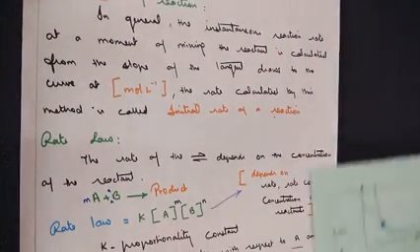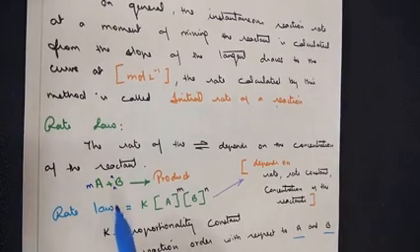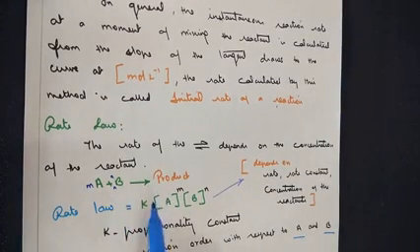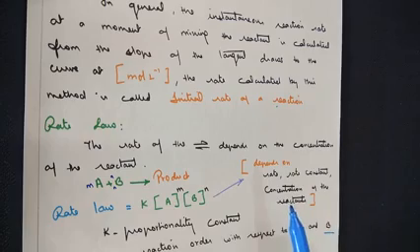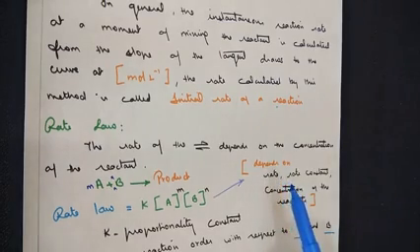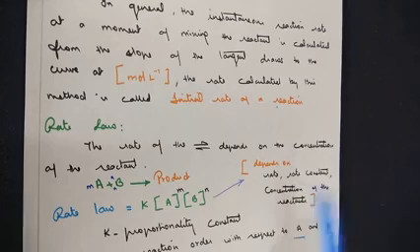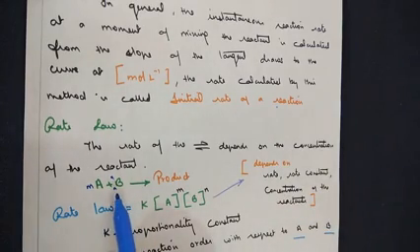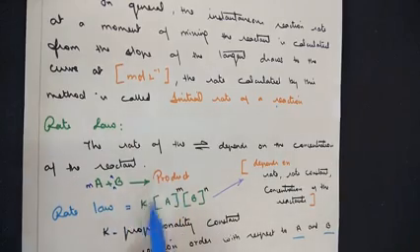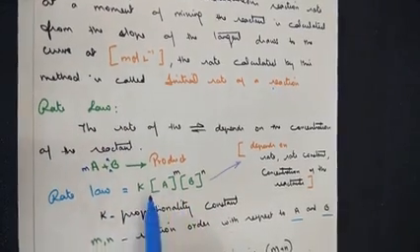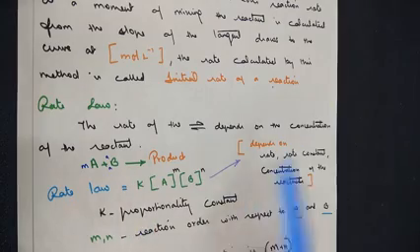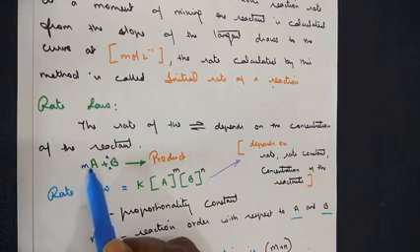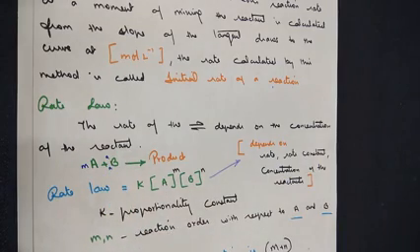Moving on to the next definition, rate law. Rate law states that the rate of the reaction depends on the concentration of the reactants. Now, in the whole chapter, wherever we study the rate of the reaction, priority is given to the reactants and not the products. If A and B are the reactants giving us the product, the rate of the reaction depends on the concentration of the reactants. So m is the coefficient of A and n is the coefficient of B.